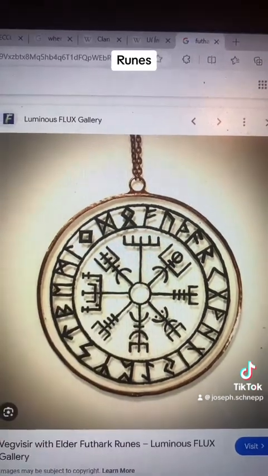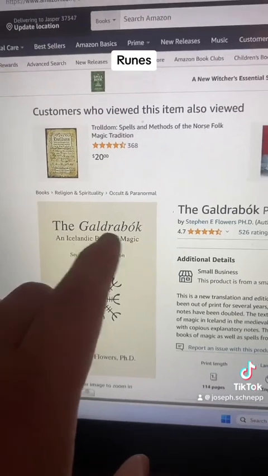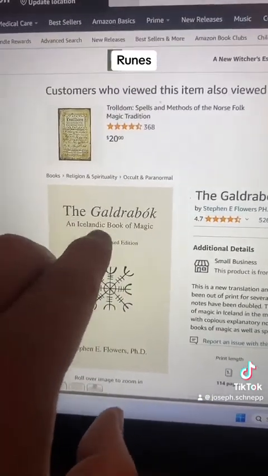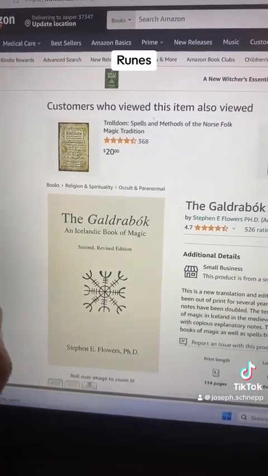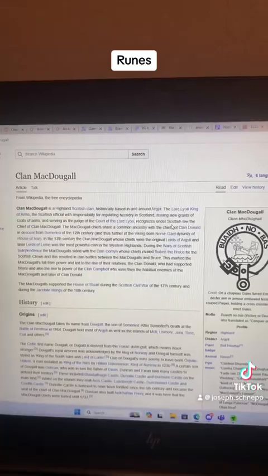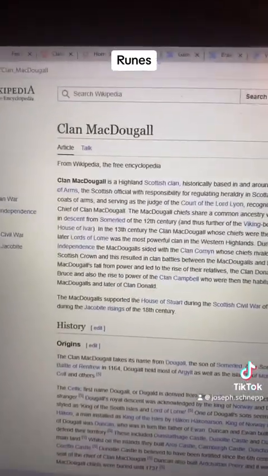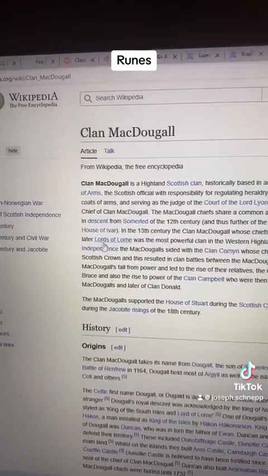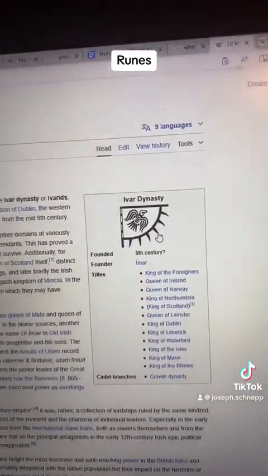These symbols were old symbols for Icelandic magic. The old book is called Galdrabok, an Icelandic Book of Magic. It has all kinds of different staves, is what they're called in there. Or you would have something just basic in the center, like a raven. And it actually has a link to our family, the McDougalls, because if you look, House of Ivar right there. Okay, I click on that, and it brings up the raven. One of our ancestors' nicknames was the War Raven.